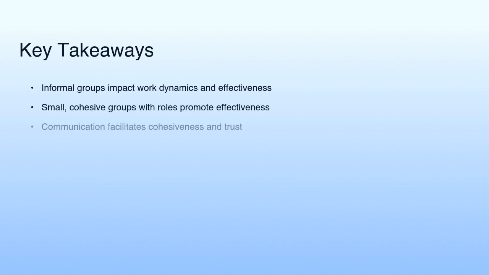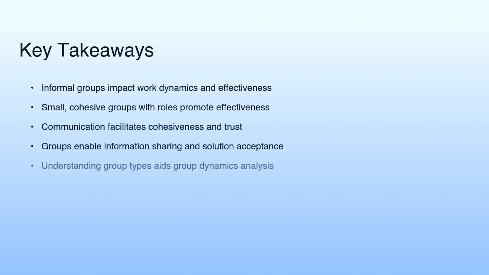The key takeaways are: informal groups impact work dynamics and effectiveness. Small, cohesive groups with defined roles promote effectiveness. Communication facilitates cohesiveness and trust. Groups enable information sharing and solution acceptance. Understanding group types aids group dynamics analysis, and a meaningful life